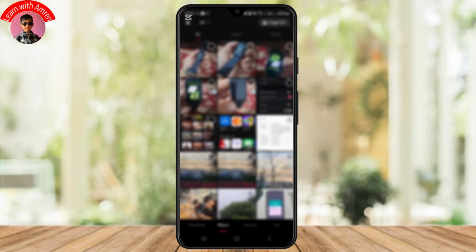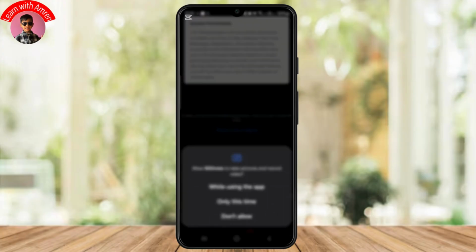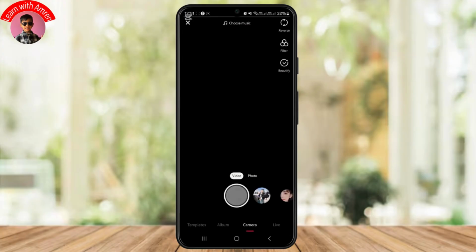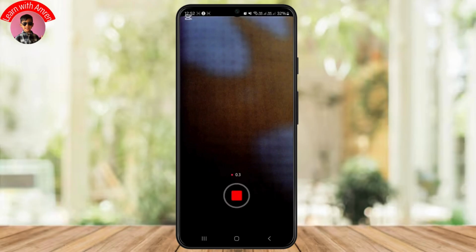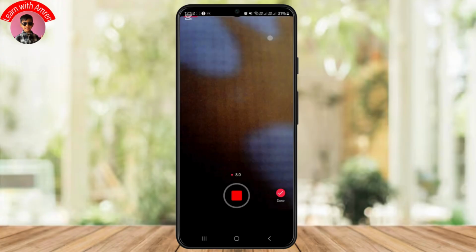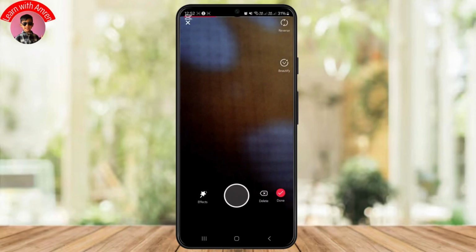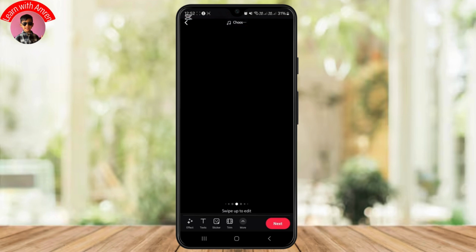So what I want to do is simply click on your camera section as well and just allow it. You can simply click on your video like this, select your video, or you can also add a photo from here. So let me just create a video, quick one like this. It will allow you to probably create a video for up to 60 seconds, I think. So once you do that, simply click on done, and from over here you can see there are options for